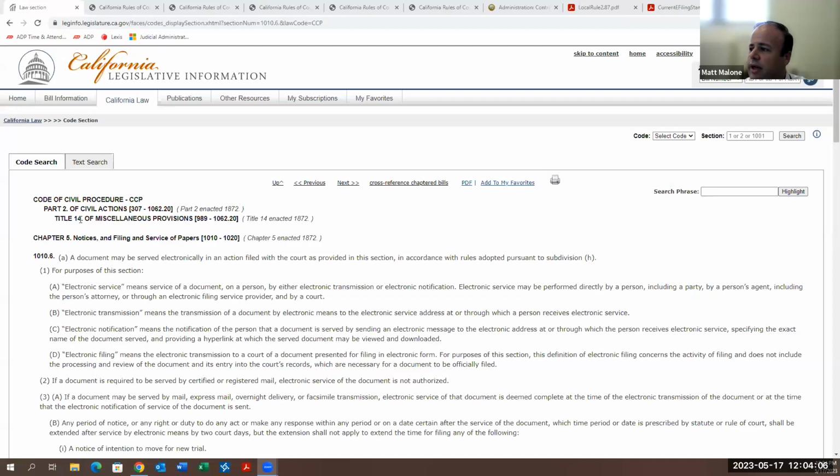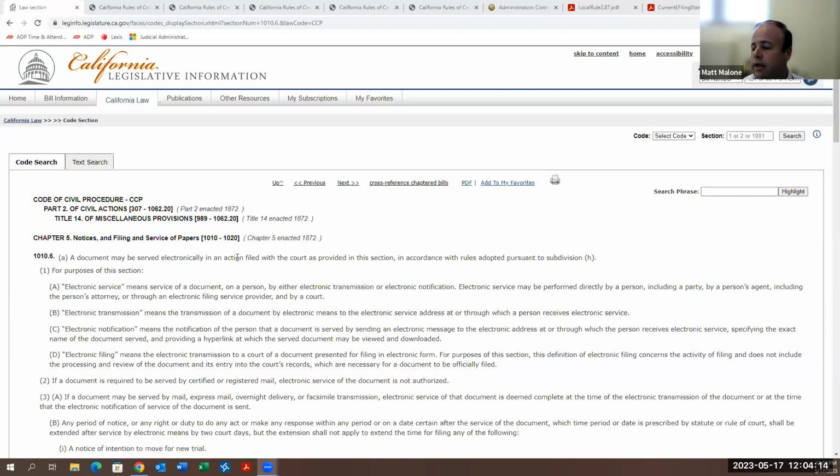So I'm going to share screen here, and I'm going to walk through. You're going to get copies of all of this in the materials once they're sent. I'm going to walk through one statute, several rules of court, and then reference a couple things local to us that govern e-filing, and again, hopefully in that context, we can answer a few of the questions that we've received. So I'm going to try this here, and Andrew, you're going to be my confirmation that I'm actually sharing a screen here. Confirmed. Thank you. Okay.